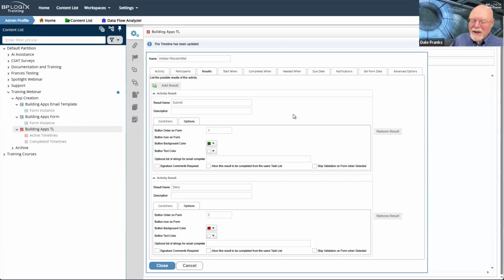It does not contain the re, so therefore it won't match. I can just submit my re-request, or you know what, I can even call it, just to get it completely out of the possibility, I can call it update. So there we go. We'll have a result name of update and a result name of deny. One green, one blue. They're in the proper order.